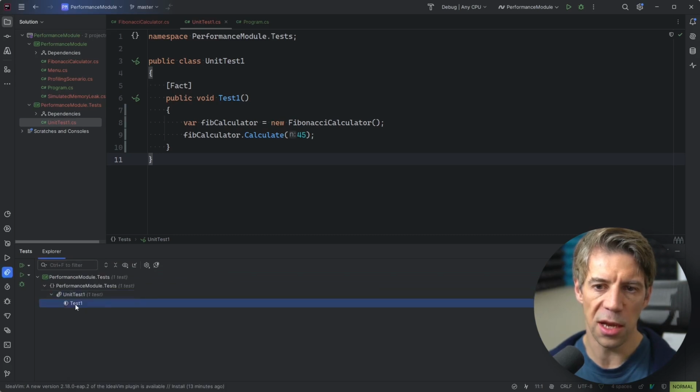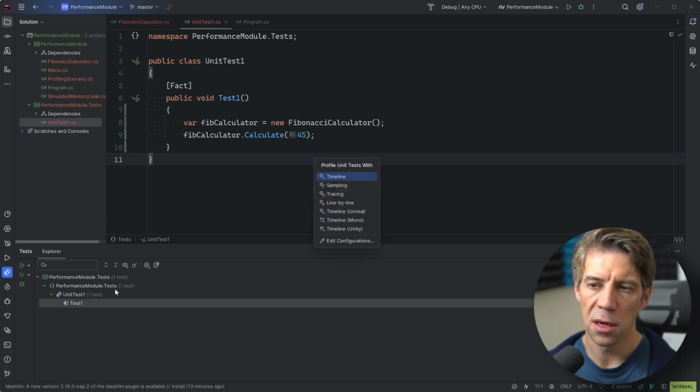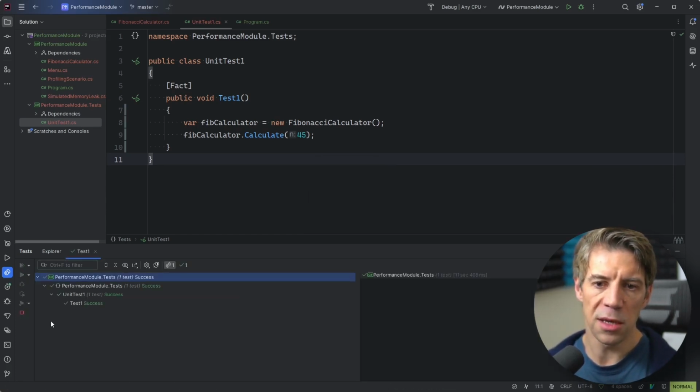So let's do that. Let's just take this one and profile it. We get this pop-up and we've already spoken about these. So let's just do timeline, which is a quick one. And that's now run. You can see that over here, it's still saying stop. So it's still doing something. So if we give it a bit longer,